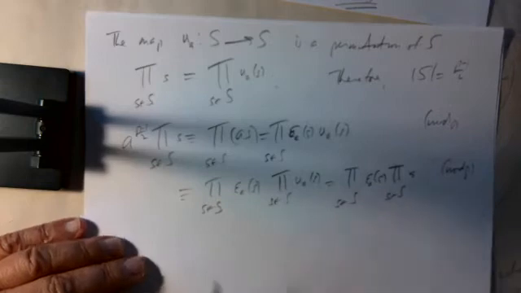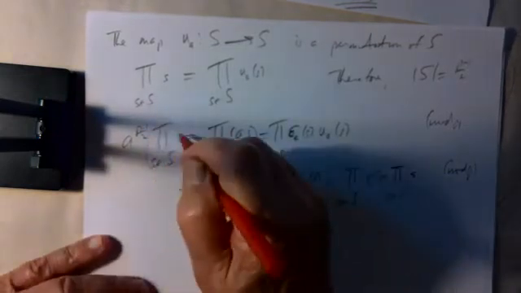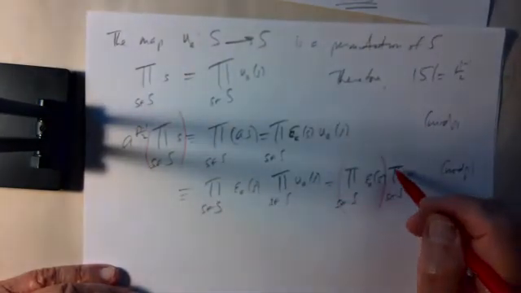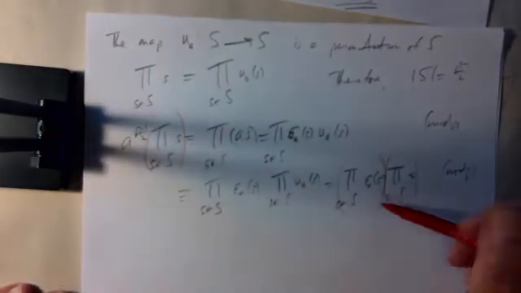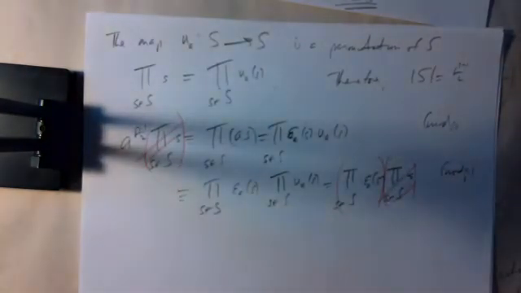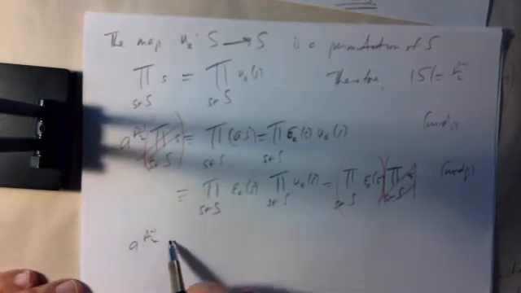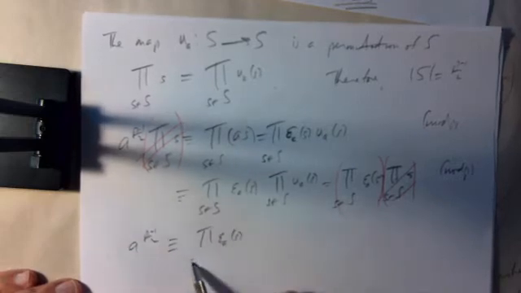Mod P. So I have A to the P minus 1 over 2 times this is congruent to this product times this product. And all of these four numbers are relatively prime to P, so this cancels. So I get A to the P minus 1 over 2 is congruent to the product epsilon sub A of S for all S in S